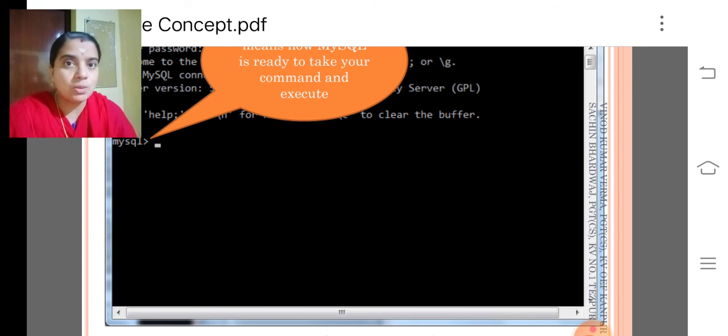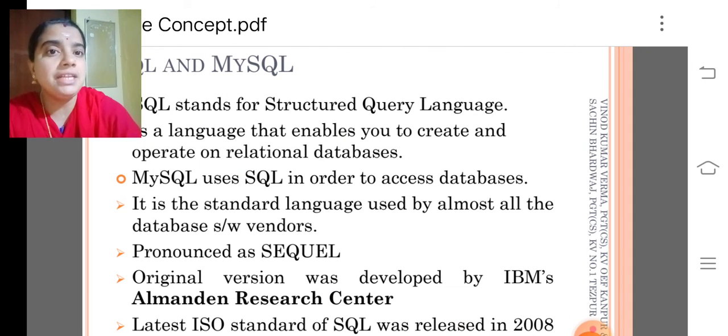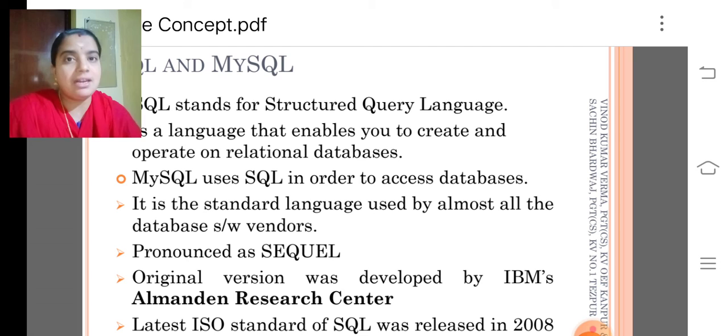One is for the password and another is for typing the query. It is a command prompt only, a black color screen only. The window, the size of the letters, and the color of the window you can change depending upon your requirements.